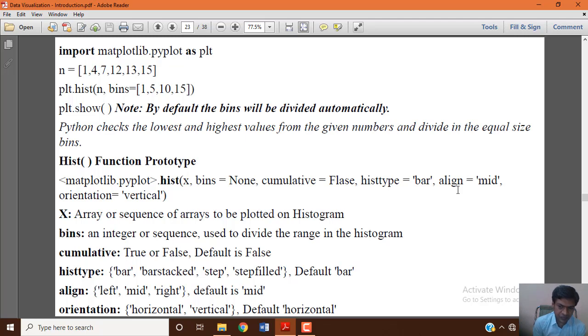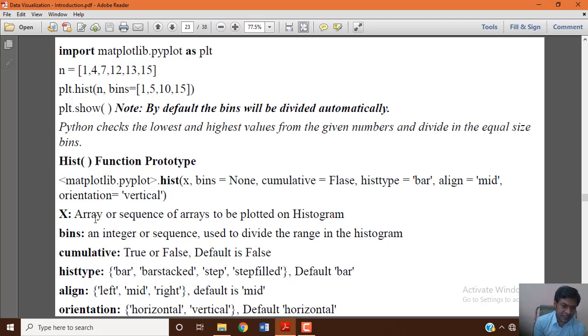And there is one more parameter of the hist function, orientation, which is either vertical or horizontal, the way you want to display your graph, either a horizontal display or a vertical display of your bars.